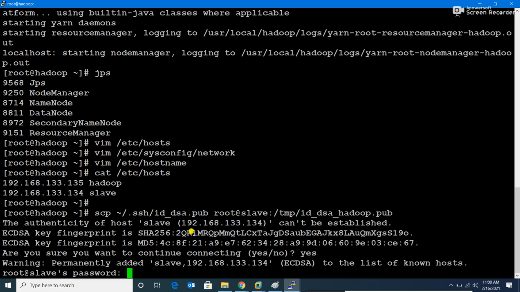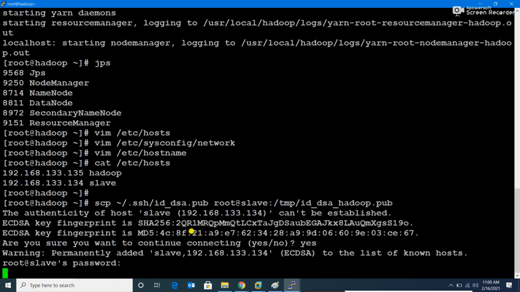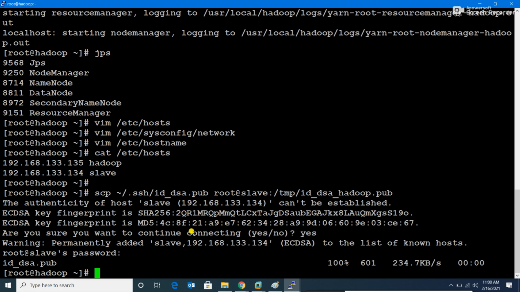Connect, yes, it will ask for the password, slave, enter. So the file has gone there. What I did is I have sent the authentication key of Hadoop to slave.